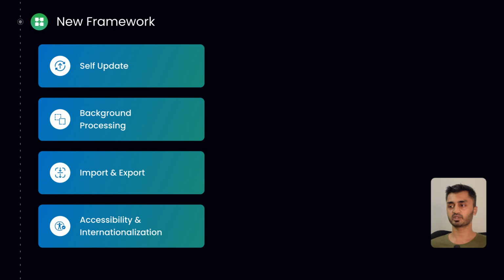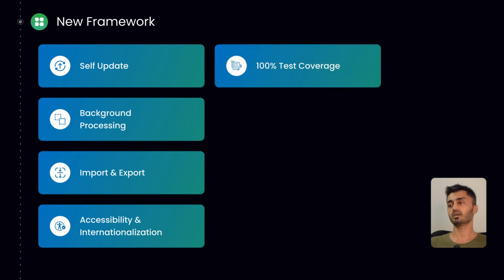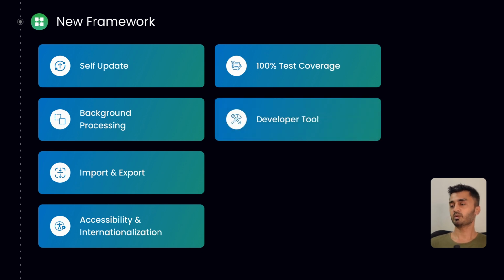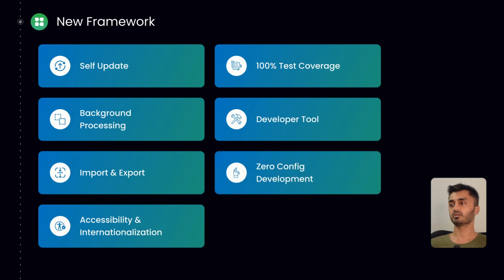We will have 100% test coverage. What we will do is we will install a test framework. We will create a gatekeeper, which is just code that allows us to push the code only if there is 100% test coverage. Next one is developer tool. This will be a dashboard to test the APIs, trace the requests, list all the app components, etc. Essentially to make the developer's life easier. Next one is zero config development. What we will do is we will have nice defaults for all the configs so that starting the base app or starting the development will be very easy.